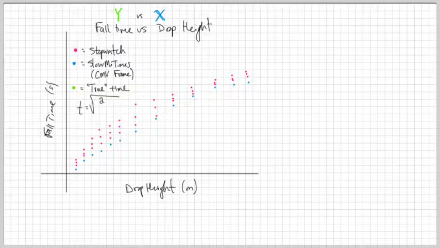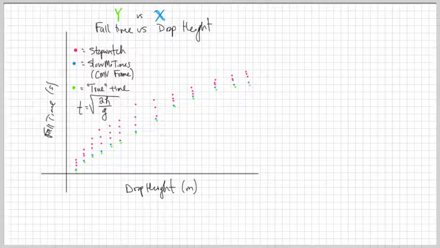Slow-mo times I put in blue. I'm just making up this data now. And then my green, I could have made a different color green, is my true or actual fall time based on my equation. Now, don't worry, we will derive this equation and use it in free fall, but here's just a great example